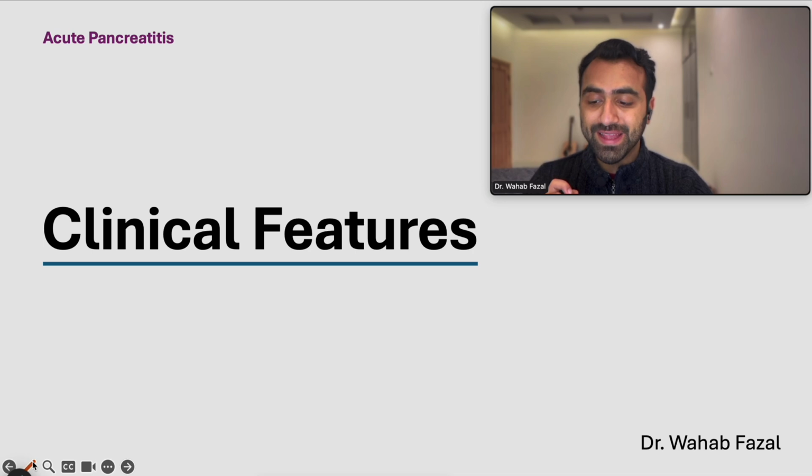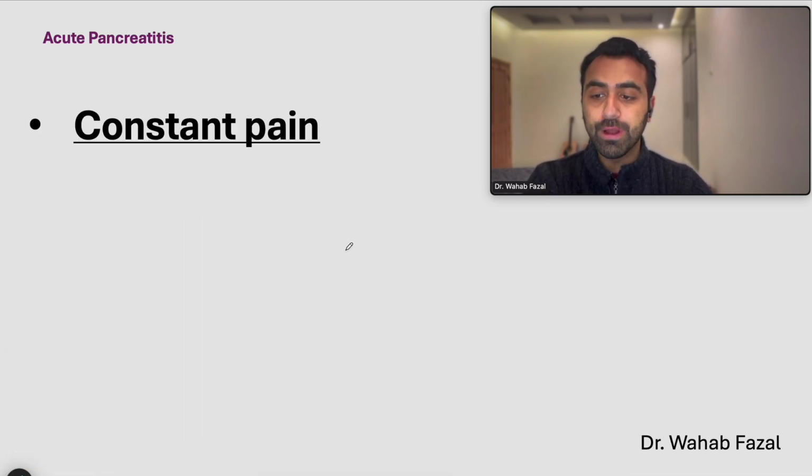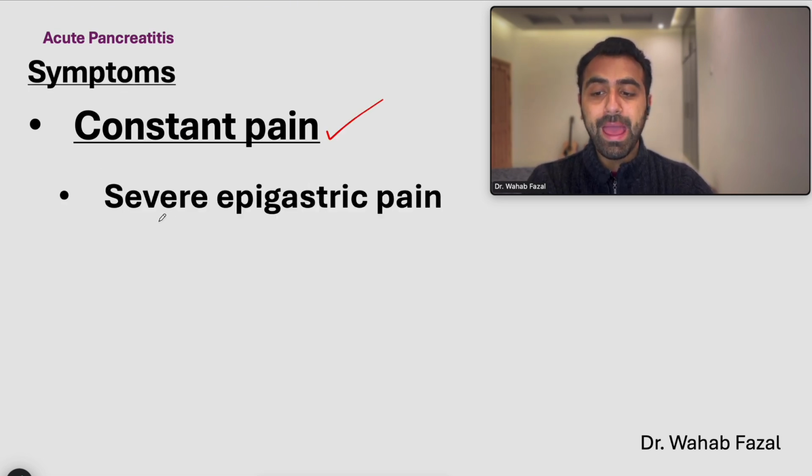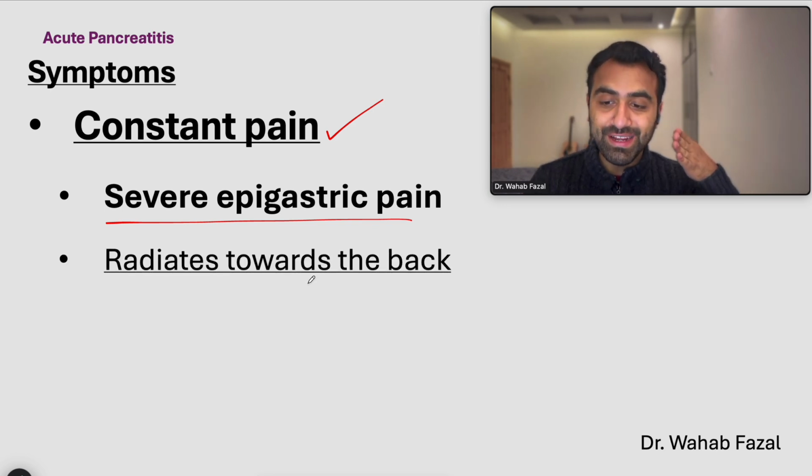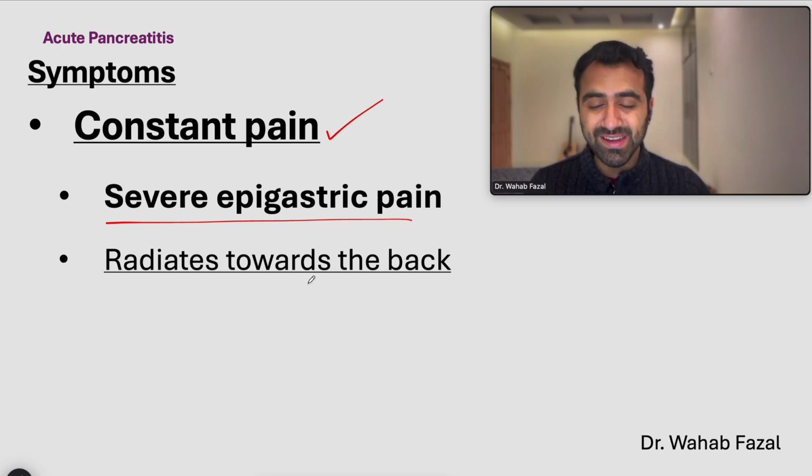Features of acute pancreatitis. What are the clinical features, which include the signs and symptoms of acute pancreatitis? The first and most important thing is the constant severe epigastric pain, that stabbing pain that radiates towards the back. The patient will be wheeled into the ER complaining of this pain that's coming from the front and goes to the back,